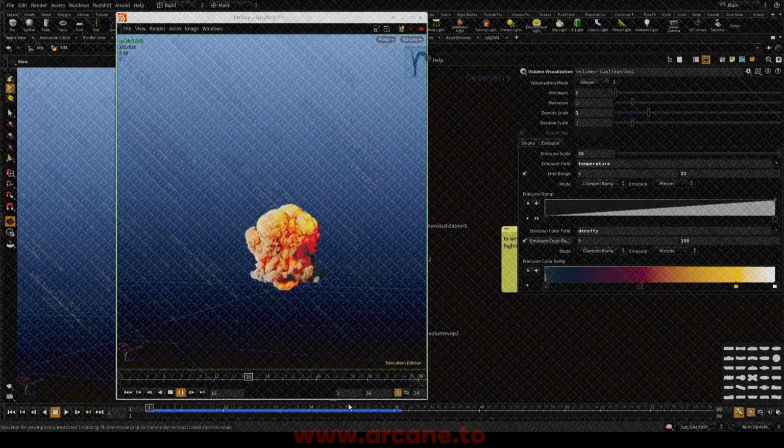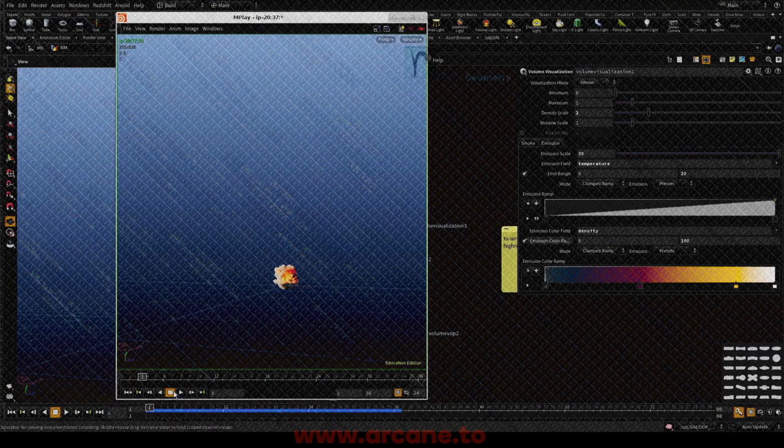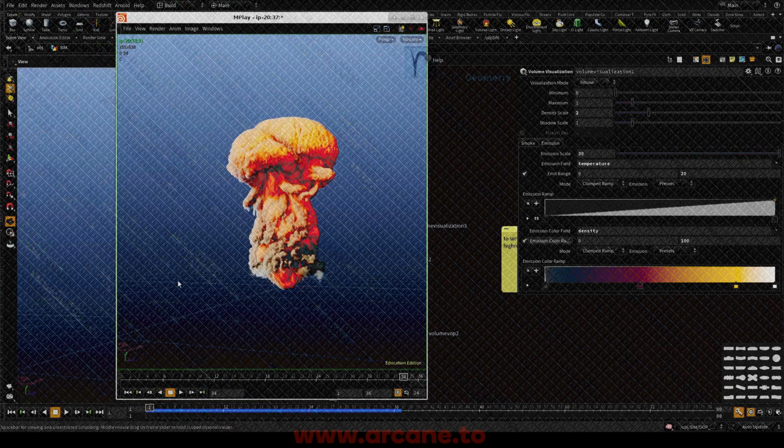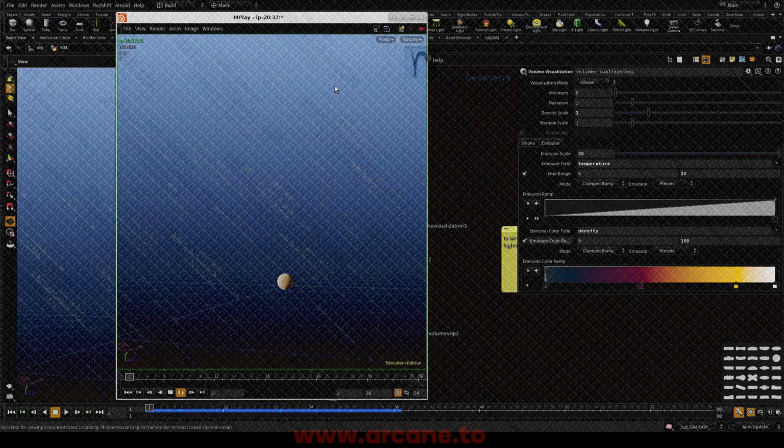So I have the sim ready now and this is what we've got. This is after changing the size of the density, and you can see we have some very interesting emission at the beginning, and these frames are really hard to get using other systems. So far I think our initial velocity is really cool, and it has all the interesting details that we need to generate an interesting